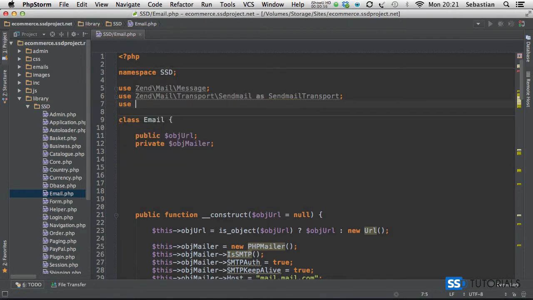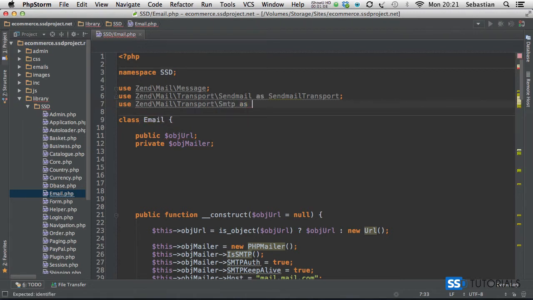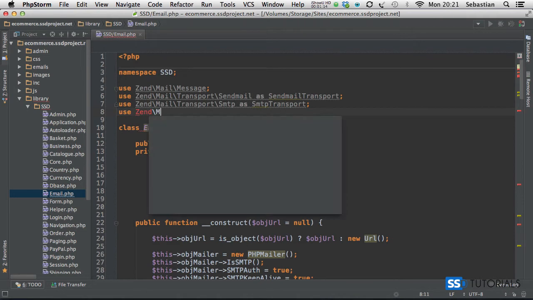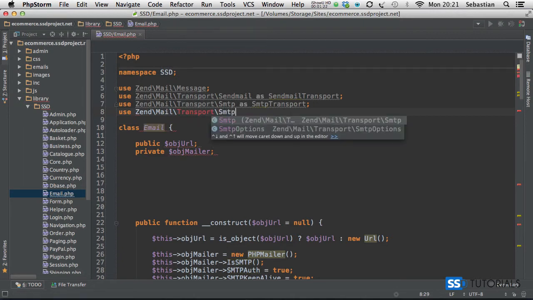Then use Zend mail, and we go for transport again, and then smtp, smtp transport. Then we go for use Zend, again mail, we go for transport, and then we need smtp options